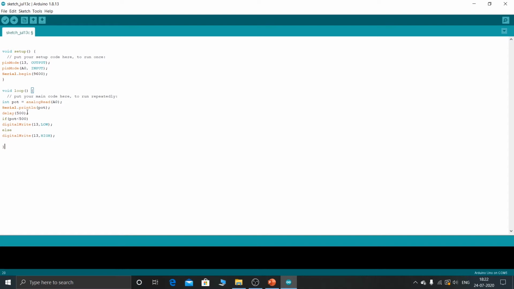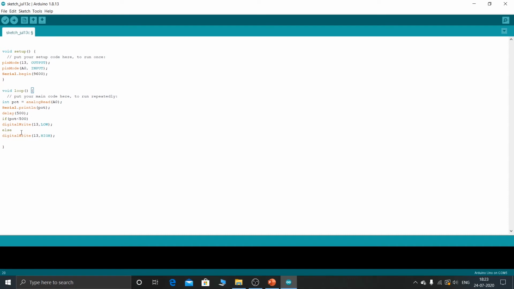So what this ln is doing is that you can directly use Serial.print(pot). That will also work, but the thing is that it will print the values one after another, one after another, one after another. So that will be a little bit messy. Instead of that, this println command will print the values on the next line, so that will be easy to read. So I have used println, and I have given the delay of 500 milliseconds. That is for our convenience to read the values. Otherwise, it will be too quick to analyze two readings.